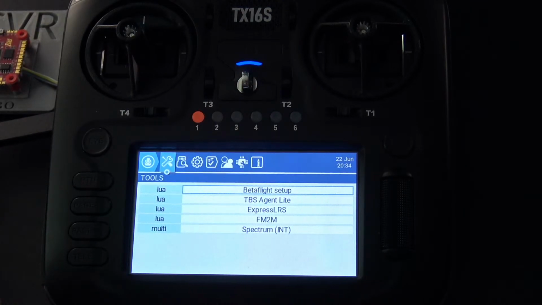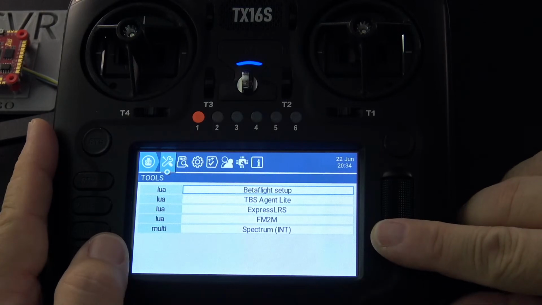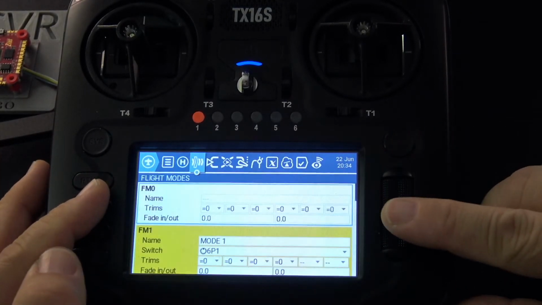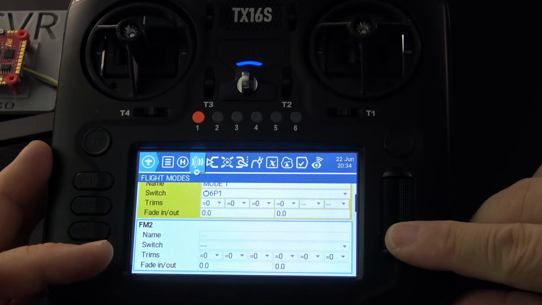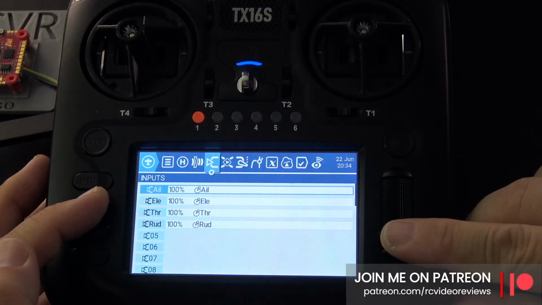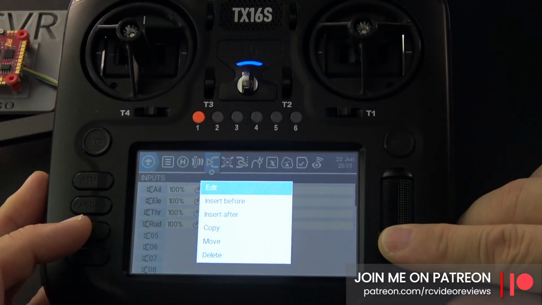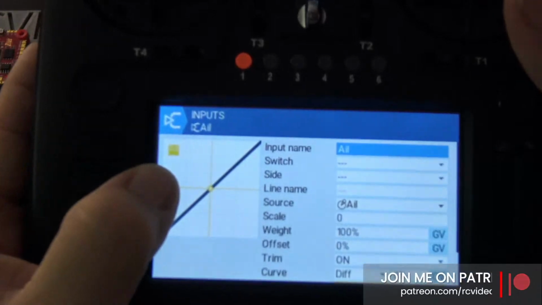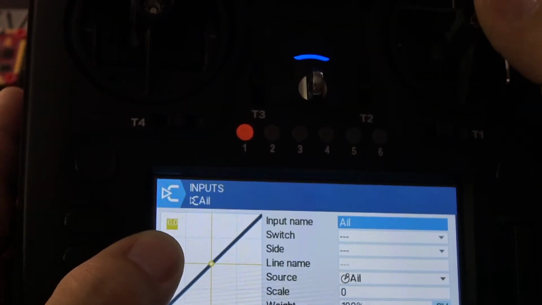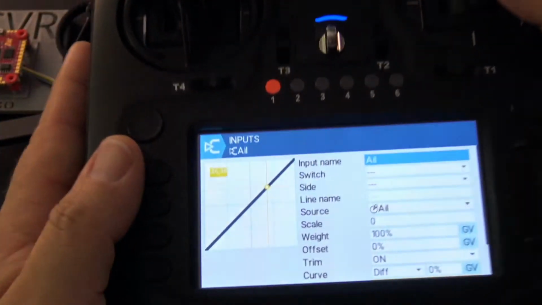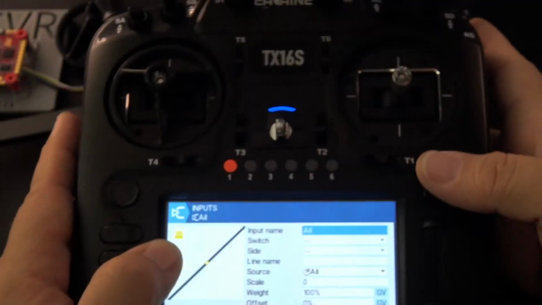experience, which brings me to the next topic, and that is colors. It takes a little while to get used to this, but one thing you'll notice very quickly is that they use colors extensively to help dictate what you see and what you're experiencing. Let me go into the inputs, and this is a good place to show you. Here's an example: up in the top left, the index 0 is marked in yellow because that's active. If I start moving the stick around, you can see that it's active. So when you see yellow in the current arrangement, it's active.